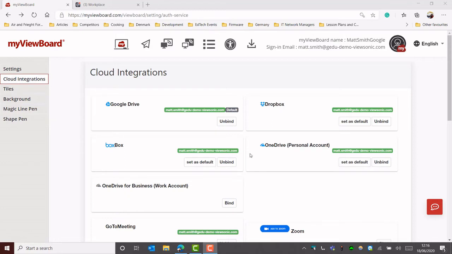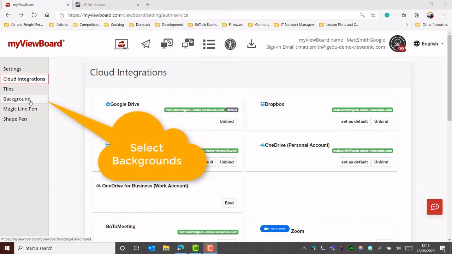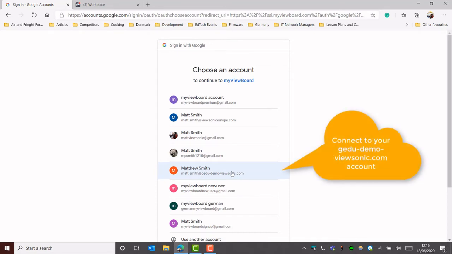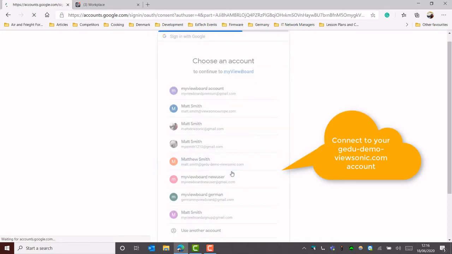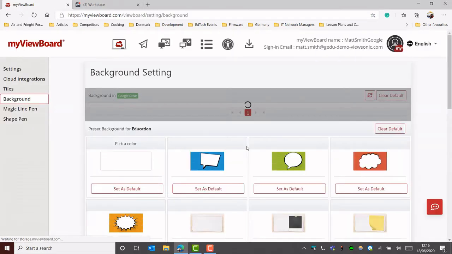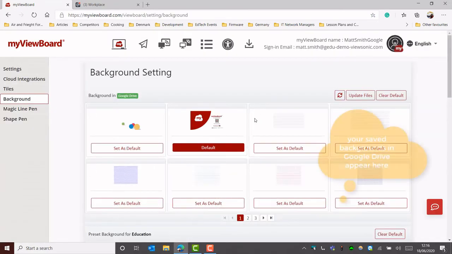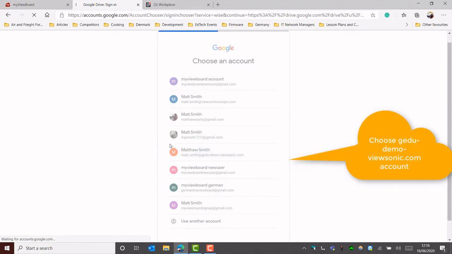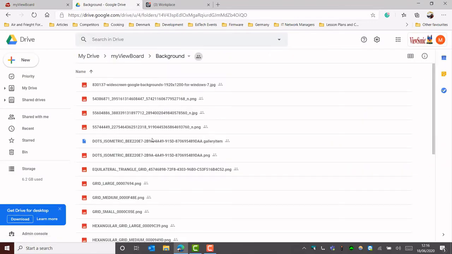The next thing that I'm going to do is actually take a look at our background settings. So if you click on the background icon here, now you see it's asking to connect to the correct account. So I'm just going to choose the gedu-demo-viewsonic.com account again, just to make sure that's correctly connected. And as you can see here, it's actually saying that my background is in Google Drive. So if I click on the Google Drive button, this will take me to sign in to my